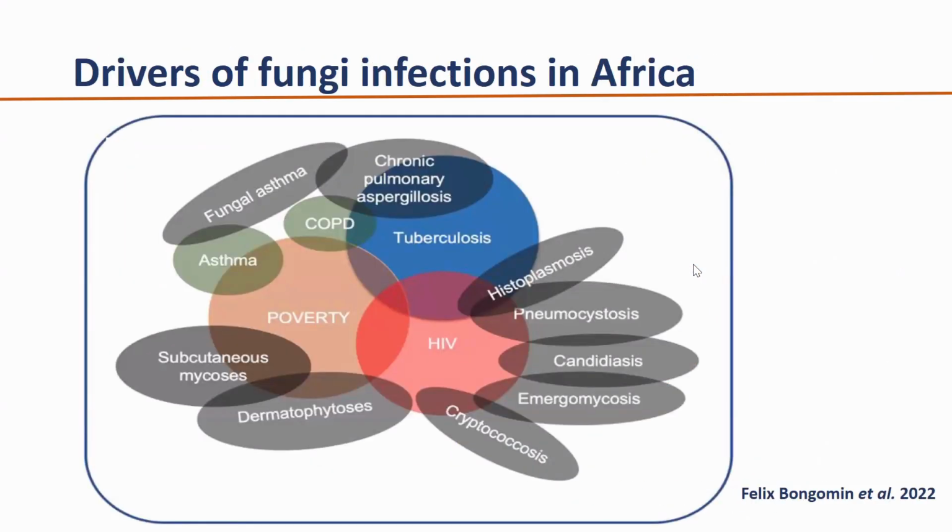And someone will ask himself, what are the drivers? Why is Candida infection more common in Africa? Because we should remember that we are in a tropical region: Uganda, Kenya, Rwanda, Burundi, we are in a tropical region. So being in tropical regions, we have an environment which favors the sporulation of fungal spores, and also germination of these fungal spores, leading to fungal infection. The humidity, the temperature, and the environment that we are living in have high favorability to fungal pathogens.